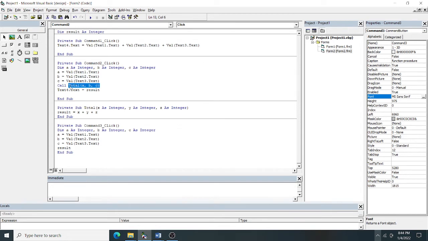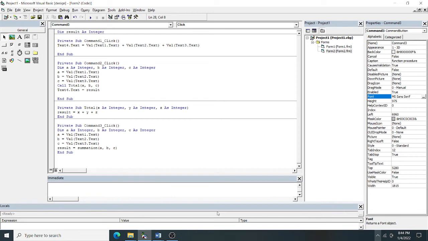Here we will say this is called your procedure call. Total a comma b comma c is called procedure call. Here we will say function call. So here variable equal to function name. Function name is what? Suppose at this time I will not give some name. Suppose I give the name summation. So my function name is summation, and here I am passing the value of a comma b comma c. We have to pass the value. So what is the syntax here? Variable equal to function name, then argument list.